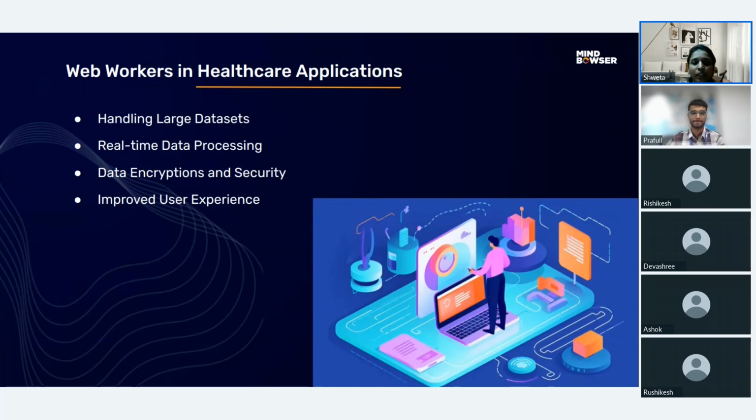So finally, web worker enhances user experience by maintaining app responsiveness and ensuring smooth performance even during resource intensive operations. For example, we have quite a few benefits like seamless interaction. So we can say that users can interact with the app without experiencing delays or interruptions, enhancing overall satisfaction